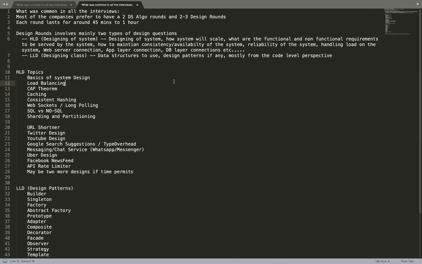It should not be a bad experience for the user. If, for some reason, the system is down, then you have DRs, data recovery systems, available so that you can easily recover the data which has